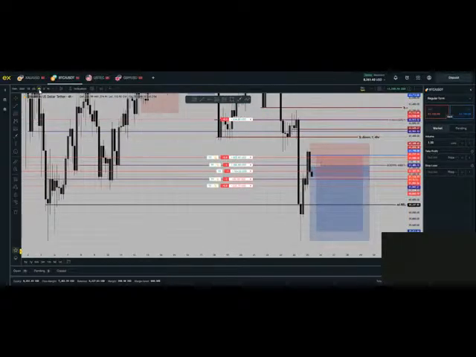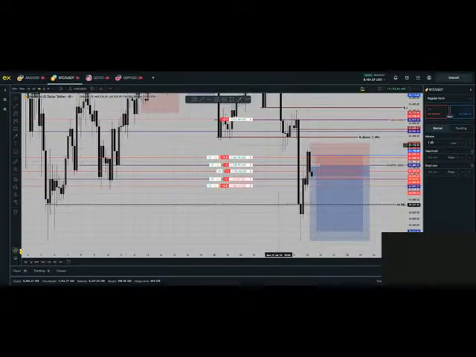On the 4 hour, as I was talking, I had to wait for the confirmation because, as the strategy goes, we break, we correct, and we continue. But how do you confirm the continuation? The continuation is only confirmed in the lower time frame. So after finding your levels on the daily, you go onto the 4 hour.